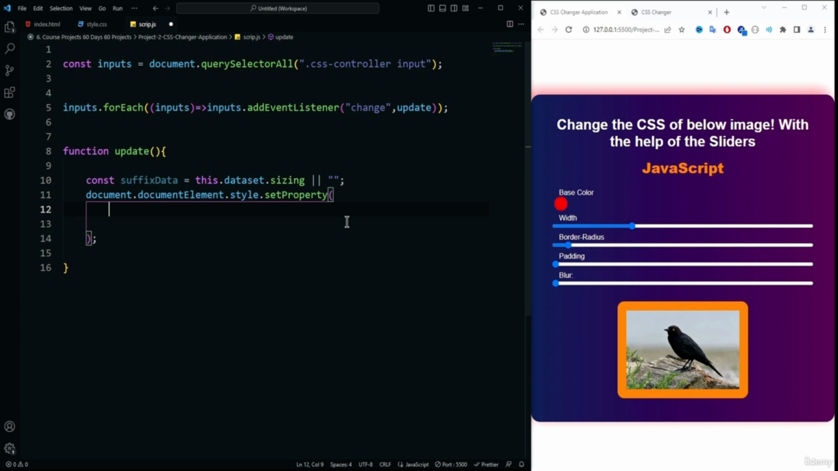What I mean here, let me first type the code. So first I'm going to use a template string, then we want to update the values on the basis of the CSS variable. That is why I have used a double hyphen here. Then we need to specify the dollar and which value we want to update. So the value that will be selected, suppose if I select a width, then width will actually be initialized to this suffix data. So we want to update it on the basis of this suffix data,